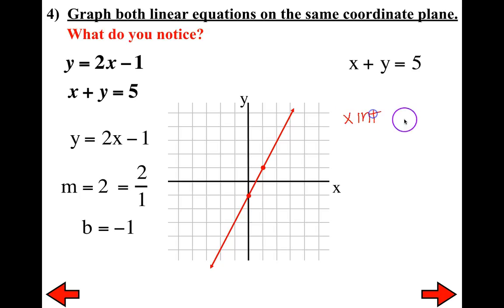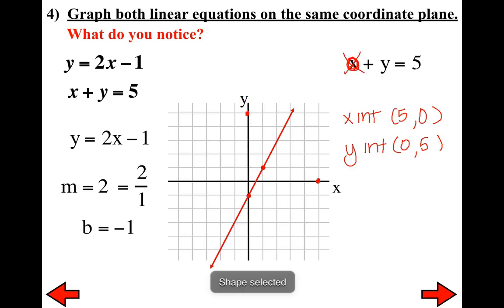The x-intercept, if I'm looking for that, my focus is on x, so I need to get rid of y. So I'm going to make y 0. So just on top, I'm just going to go ahead and make this a 0, which means it goes away. X equals 5. Fabulous. Okay, now what about the y-intercept? Same idea. If I'm looking for the y-intercept, my focus is on y, and I need to eliminate x by making it 0. So if you make x a 0, basically it goes away. So y equals 5. Well, that's easy. If I put a 5 on the x-intercept, 1, 2, 3, 4, 5, and 5 for the y-intercept, 1, 2, 3, 4, 5. If I draw my line,